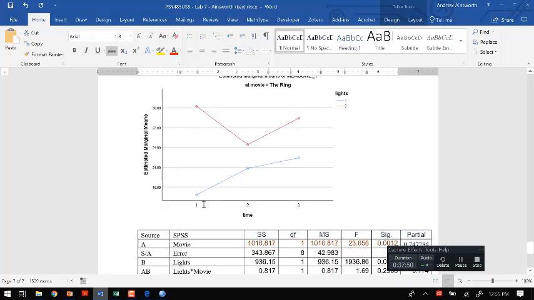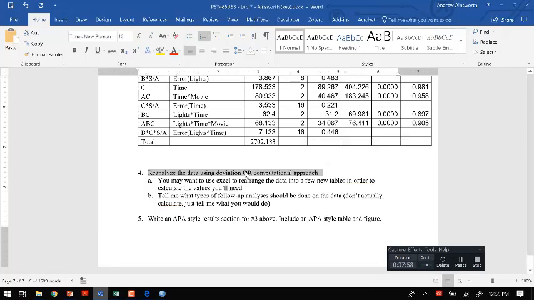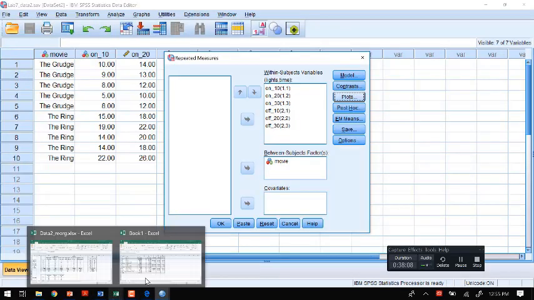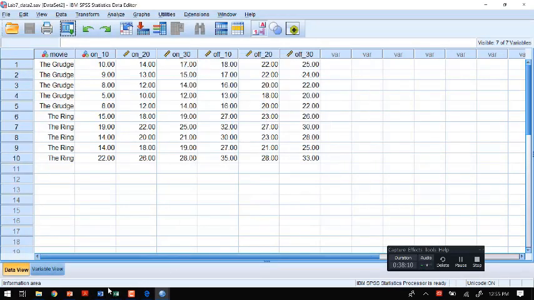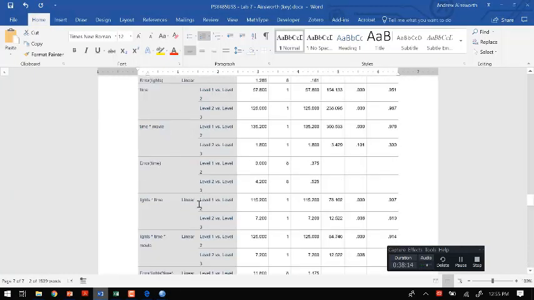All right, let's talk about the tougher stuff down here. The first thing: I'm assuming no one's doing the deviation approach. I'm not going to kid myself and think you guys are going to do all the deviations, but even for the computational approach, you have to go through and redo some stuff. So if I took this, and I already sort of did it, but I can show you how I did it, you'd want to go through and grab the